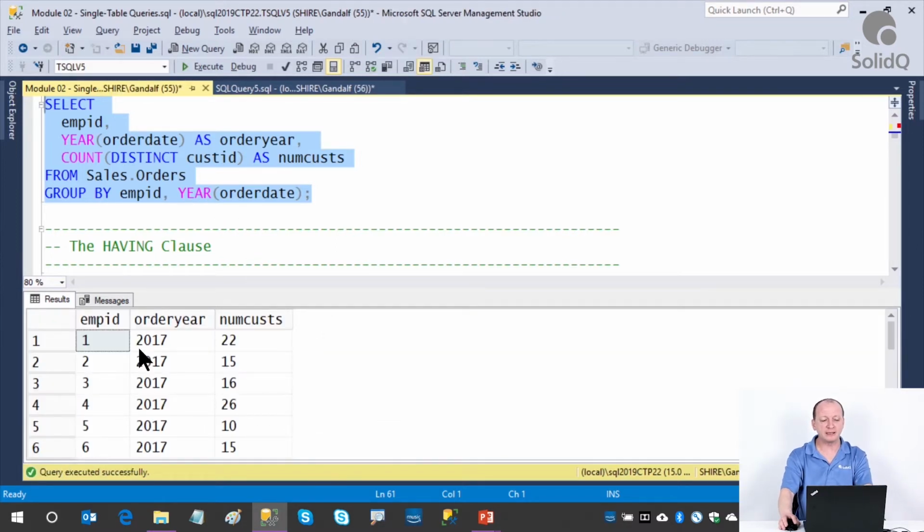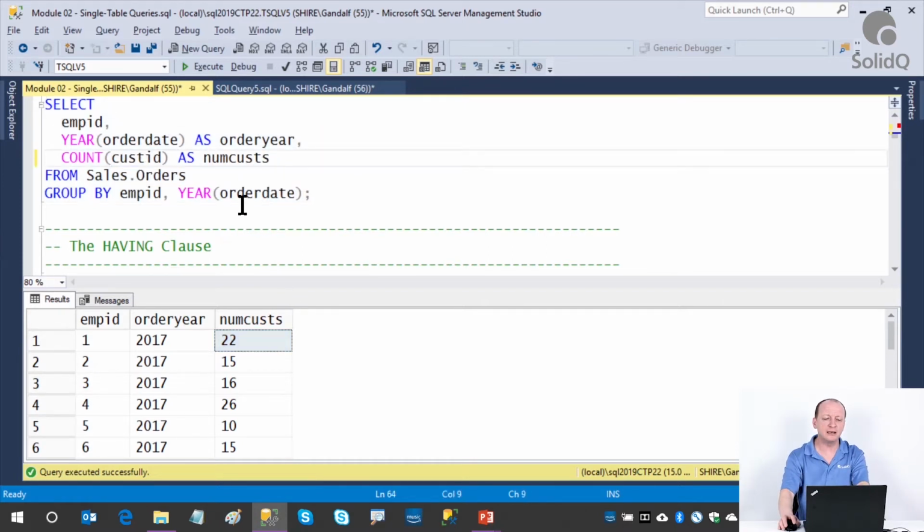And as you can see, for instance, employee 1 in the year 2017 handled orders for 22 distinct customers. If you went ahead and applied count without the distinct clause, you're not really counting distinct occurrences of customer ID, you're counting only non-null occurrences of customer ID. So for instance, employee 1 in the year 2017, you could see a higher value. Here you can see employee 1 in the year 2017, notice it's 26 rows where the customer ID